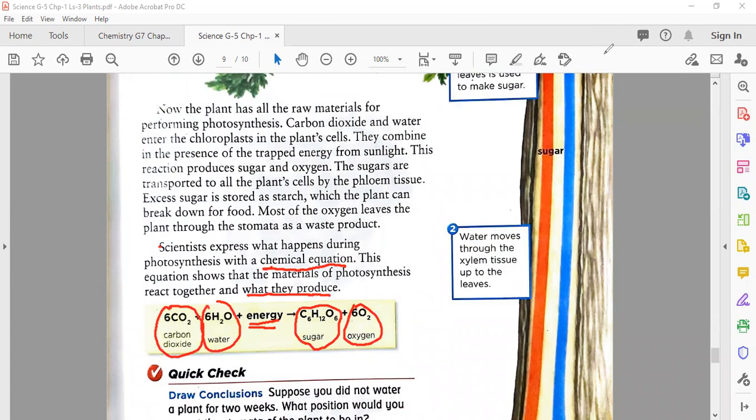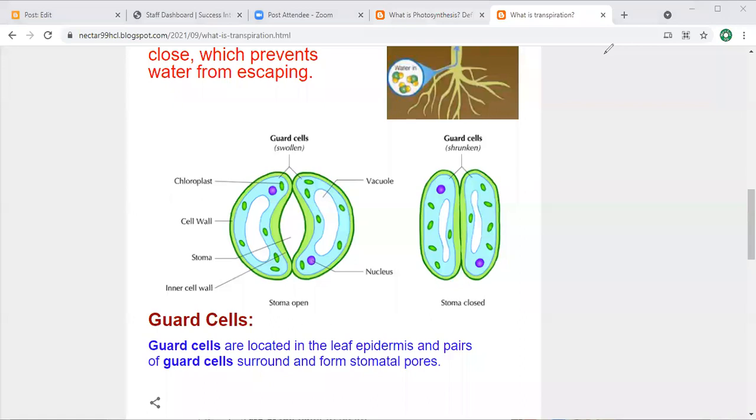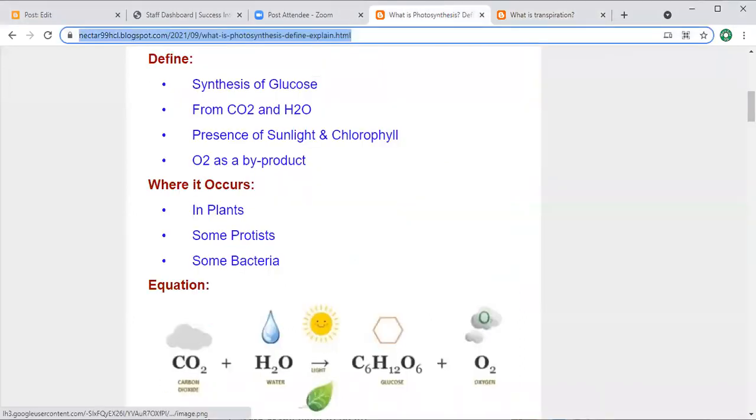So please, the link that I shared with you before, I'm going to take you back to see this one. Yes, here you can see the equation with the diagram. So that's the final product that we get here.